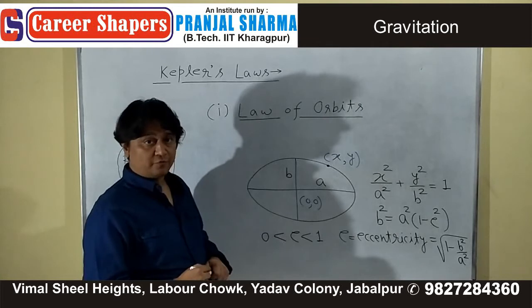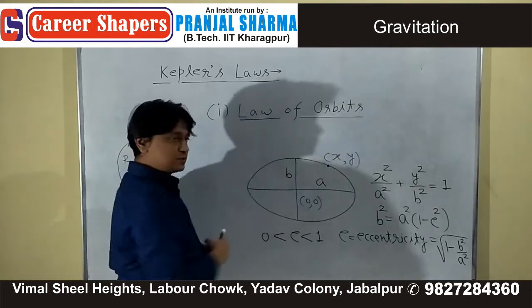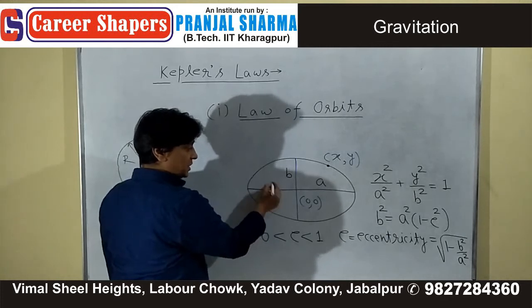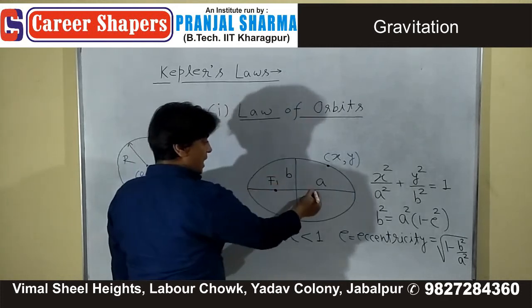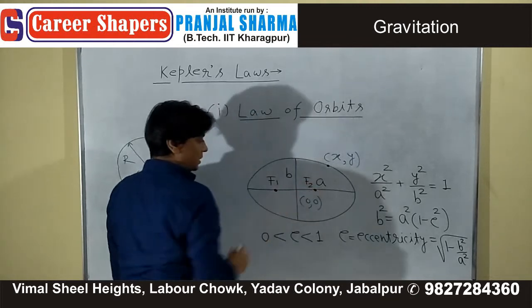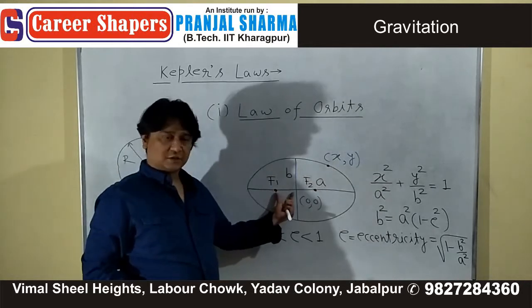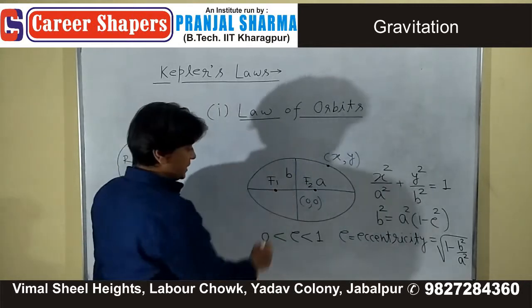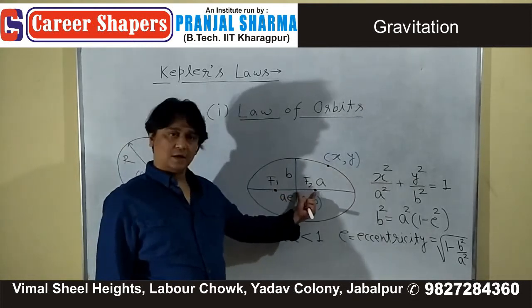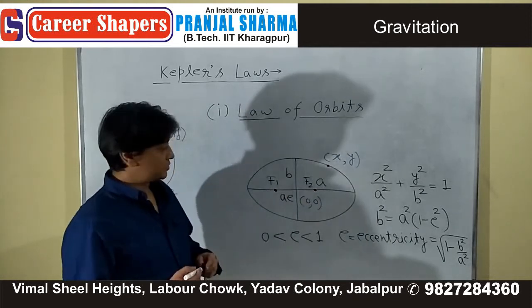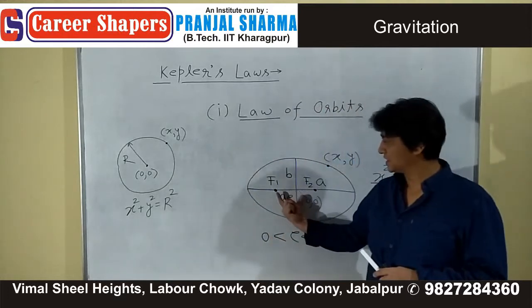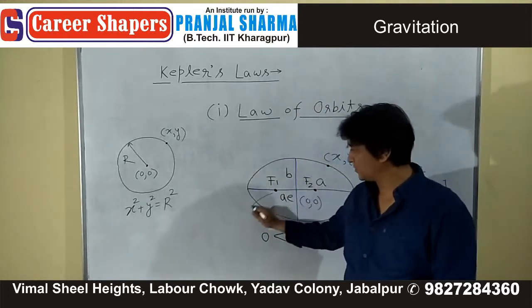Now, this E gives you the position of focus. For an ellipse, there are 2 points which you call focus. This, let's call it F1, another one here, F2. This distance from the origin is AE, and AE. So if somebody asks you the coordinates of this point, then you will simply say that since this length is AE, coordinates of this point are